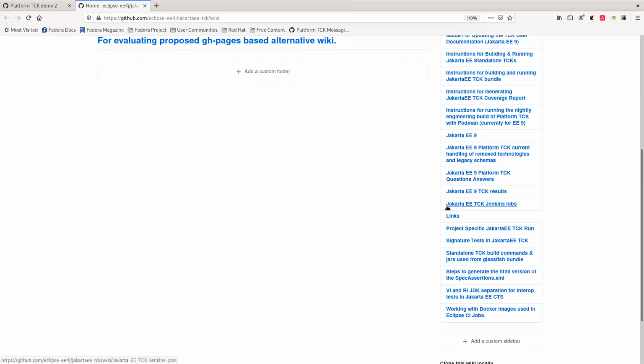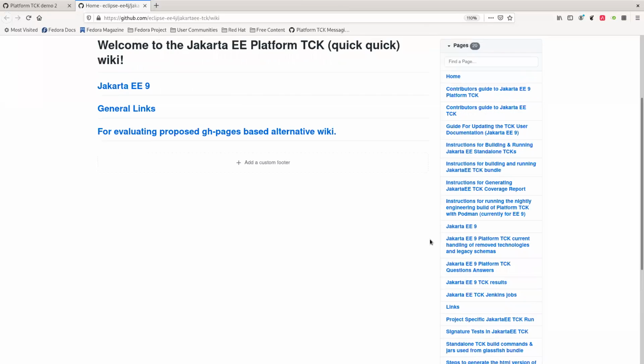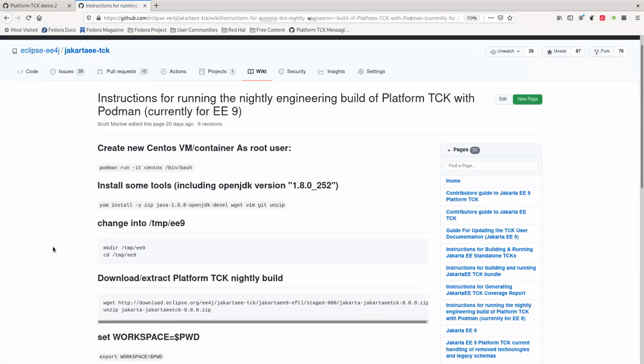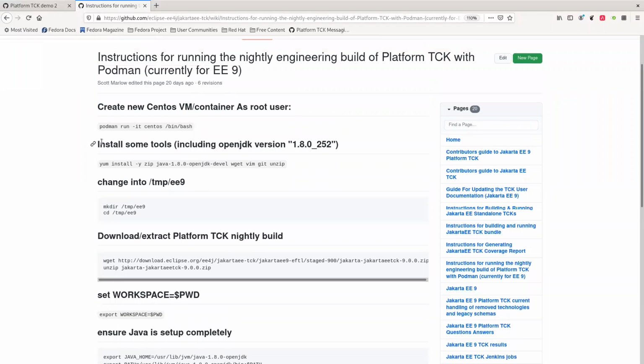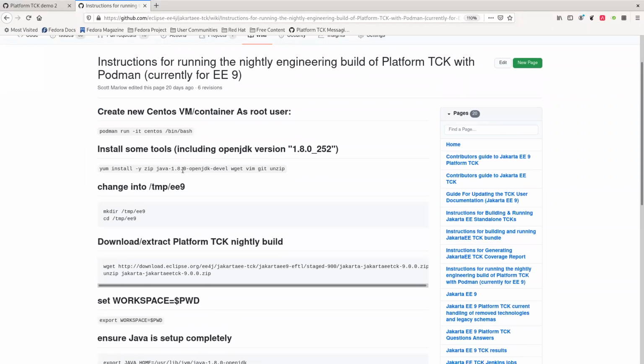So let's see. Going back up, we just find building and running. We just really want the running. Okay, like here's one using Podman. So this is a similar one. This is one that I put together where I was using Podman virtualization as a workaround to run CentOS locally. And I did everything like installing Java and other tools to